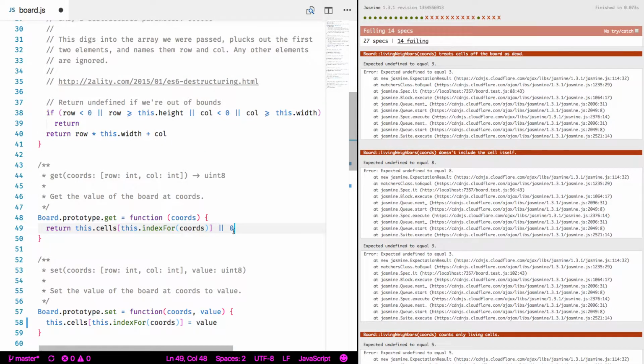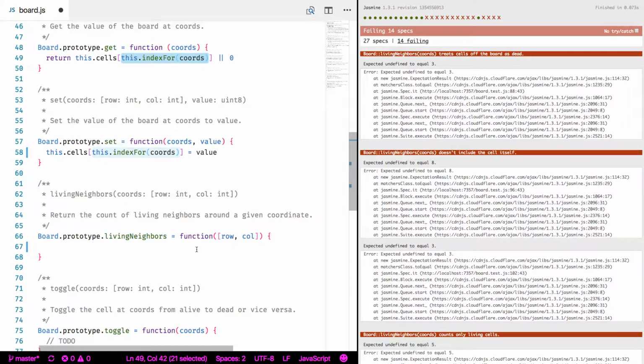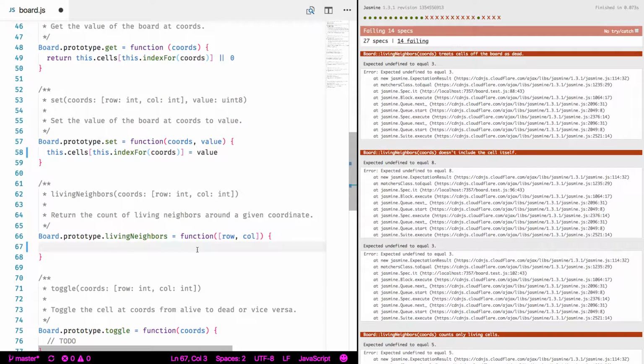This will return 0 if cells is dereferenced with an invalid index. So it looks like if we want to consider cells that are off the board as dead, we don't have to do anything special. We don't have to ask, am I at row 0, and worry about indexing into row -1. So that means that I can just write relatively dumb code where I do this.get